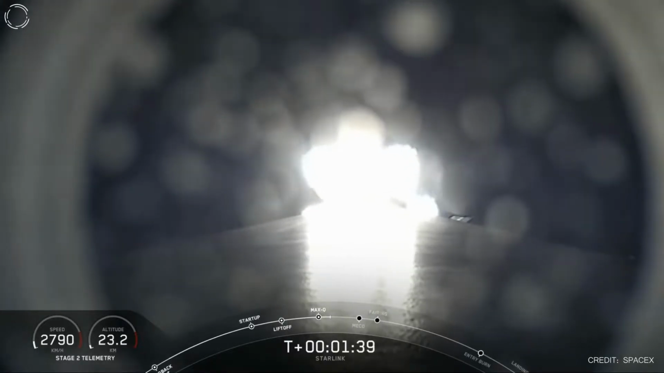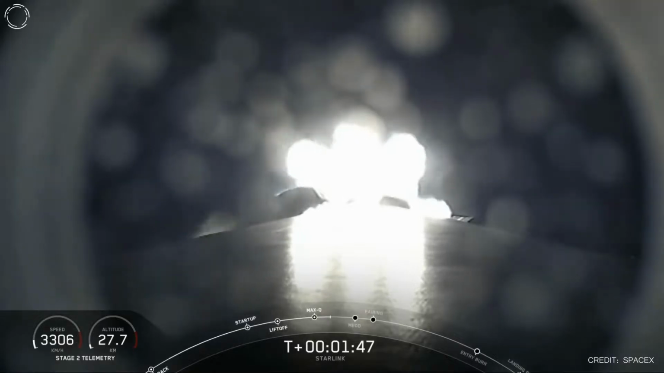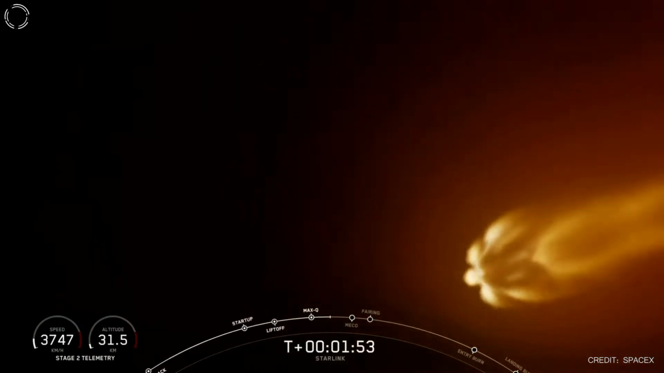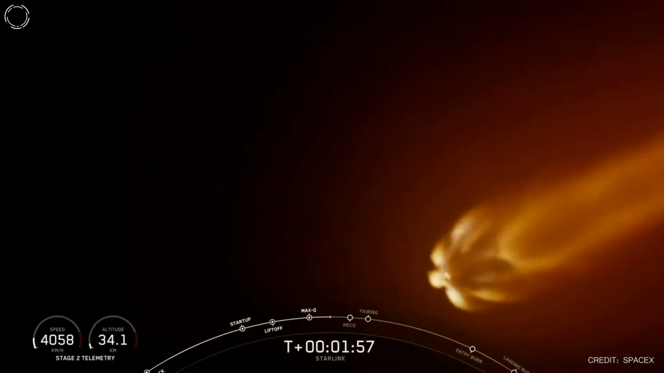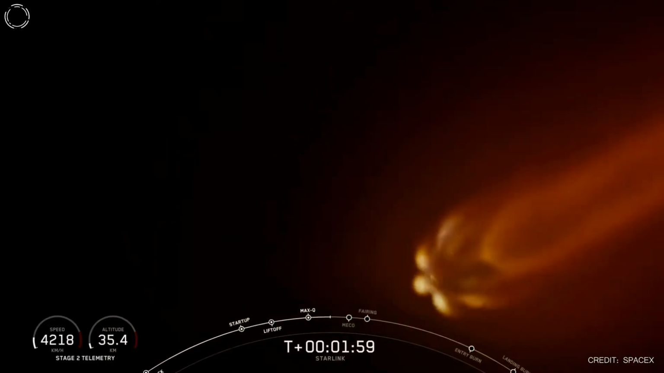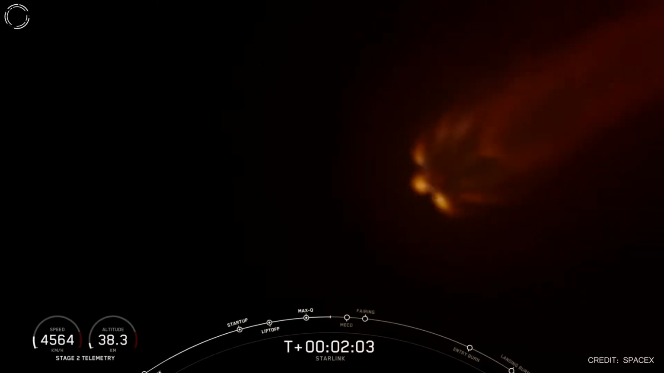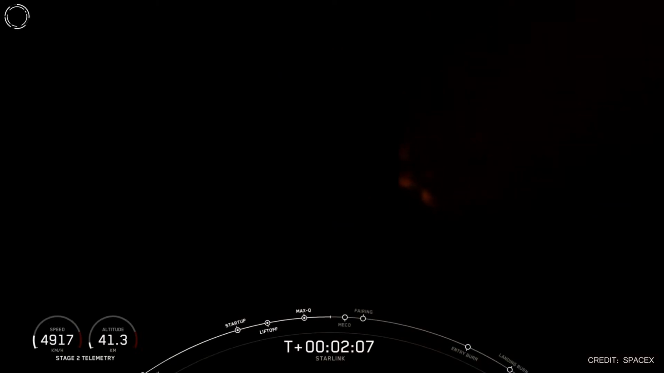Main engine cutoff, or MECO, is when all 9 of the M1D engines shut off and slow the vehicle down in preparation for the next event, which is stage separation. And stage separation is where the first stage separates from the second stage, with first stage making its way back to Earth and second stage taking our satellites to their targeted orbit. And then finally will be SES-1, which is second engine start, with that MVEC engine lighting up and taking those